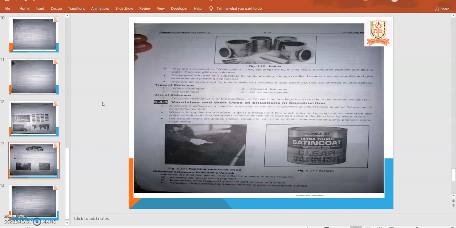Then the difference between the paints and varnishes. That is also important. First, the varnishes do not contain a pigment. Then in varnishes oil is replaced by resins in part or even